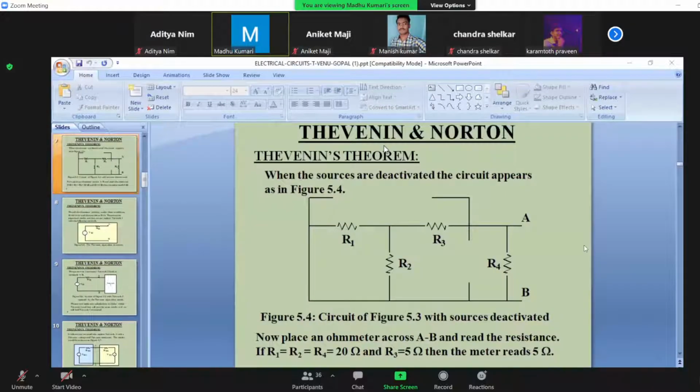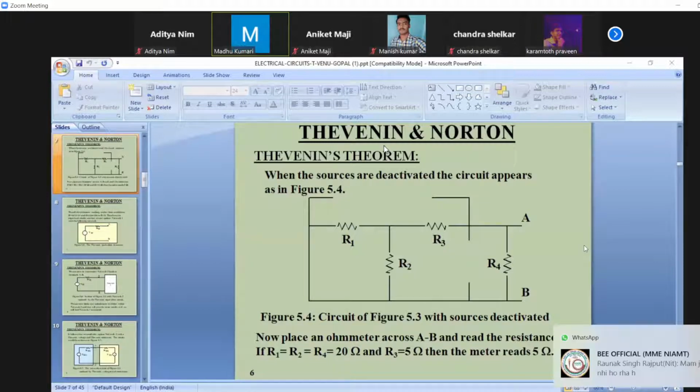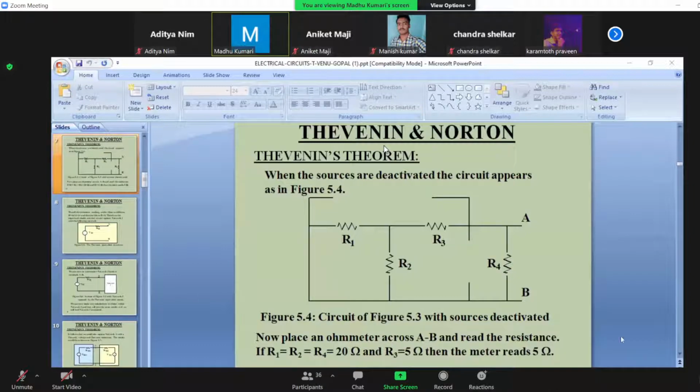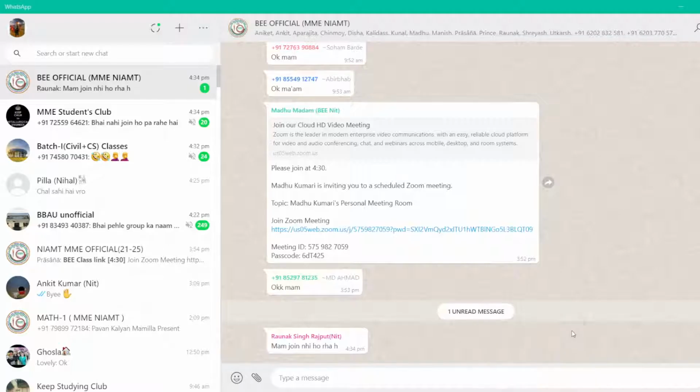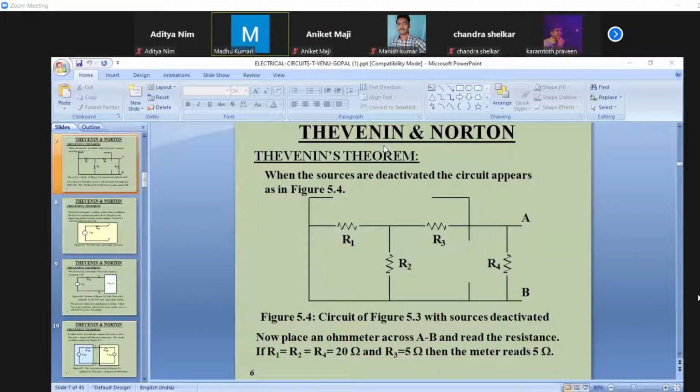So when you calculate the voltage, current and power of any bilateral network by Thevenin's theorem, Kirchhoff's law, superposition theorem, or Norton's theorem, the result will be the same. But it depends upon how you use Thevenin's theorem. It is used when a transmission line or long distance transmission is taken into account, and at that time we have to reduce the network complexity. Due to that, we use Thevenin's theorem and Norton's theorem.